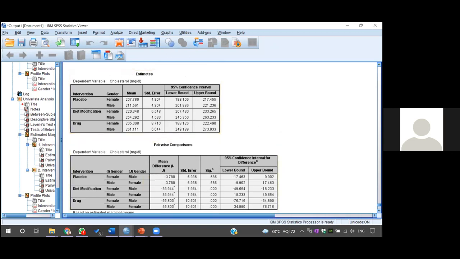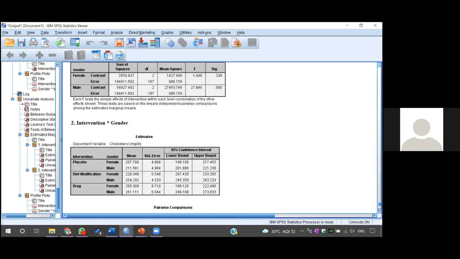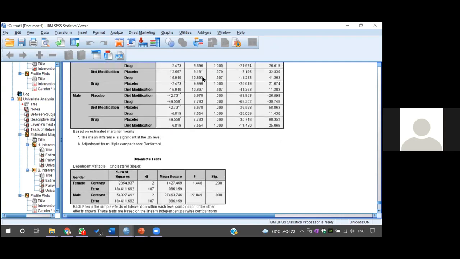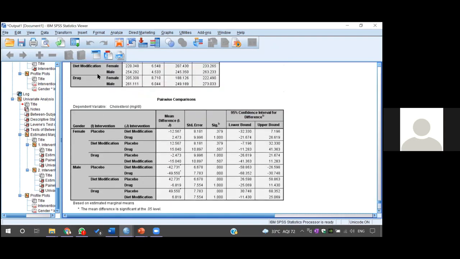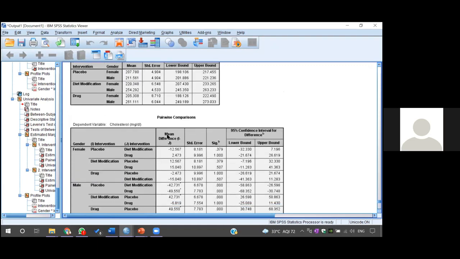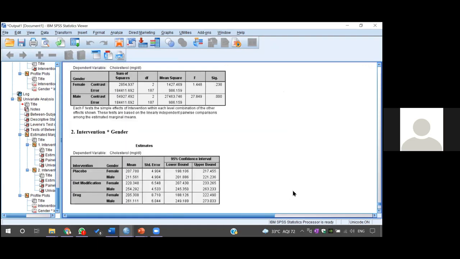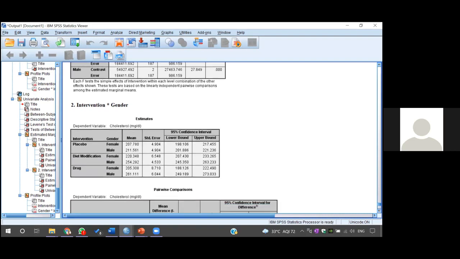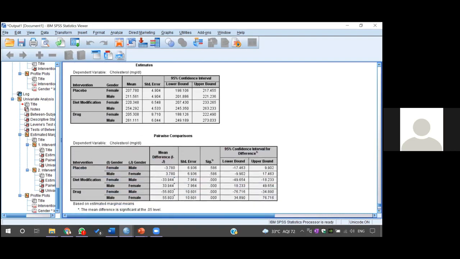So you have to write first about the simple main effect of this one. This is the simple main effect of intervention, this gender. And if you go down, this is the simple main effect of this BMI, this across the intervention. So first, because in the command, you can see that first was the comparison of intervention and the second was the comparison of gender. So it is the 4 tables which you have to report, because you will see that